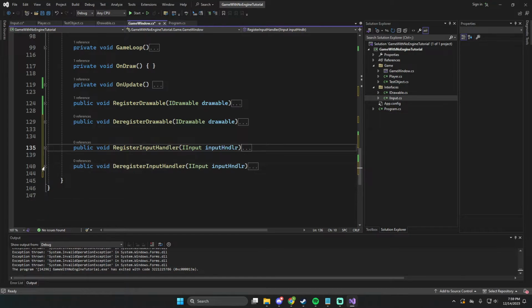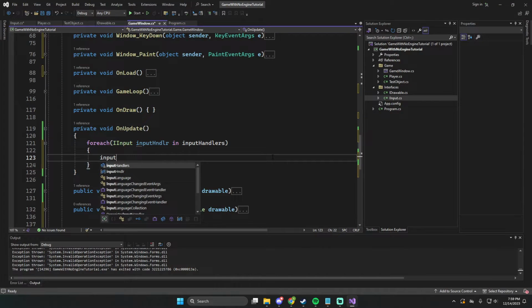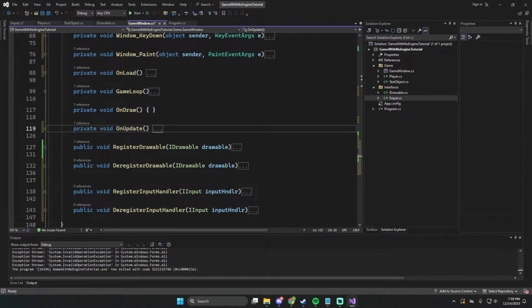We actually need to tell the game to send the input over. So we'll do in the on update, for each I input handler in input handlers, input handler dot handle input, and it'll take keys down. There we go. So now any object that has an input handler will get this method called on it, and then they will do whatever they want to do. So now that we've got that set up,